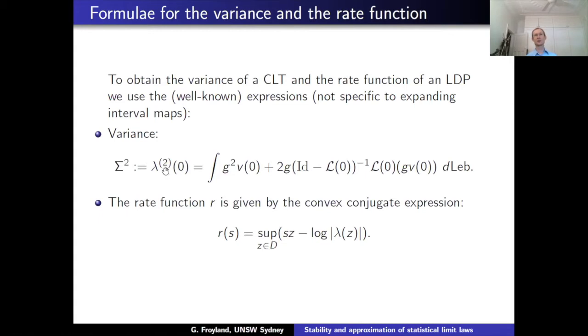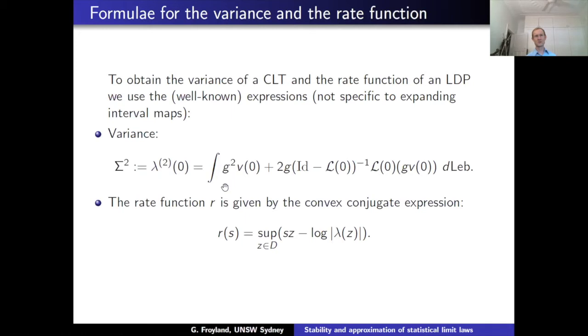But I think a better, more reliable way is to use this formula, which is well known and has been around a long time in linear response and related fields. Everything you need here, you have. G, V is the eigenvector of lambda, not the differentiated lambda, and L is your operator. There are no derivatives here, and this is a much more reliable way to compute things.